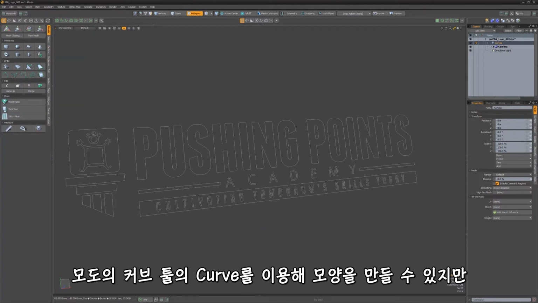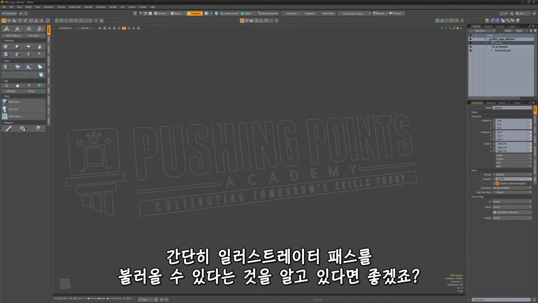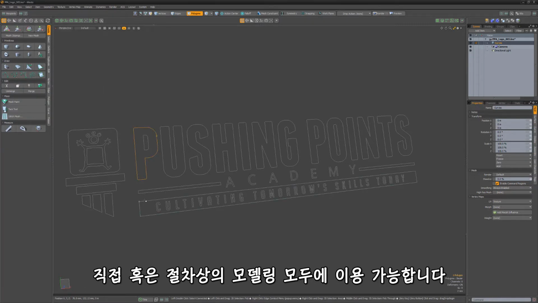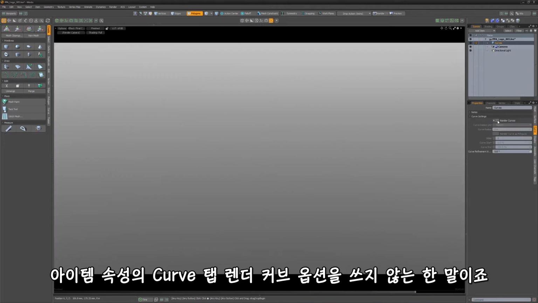Although you can build any shape using curves with Modo's curve tools, it's nice to know we can simply load Illustrator paths when available. The paths can be edited after they're loaded and can be used for both direct and procedural modeling. Curves don't render in Modo unless you take advantage of the Render Curves option found in the Curves